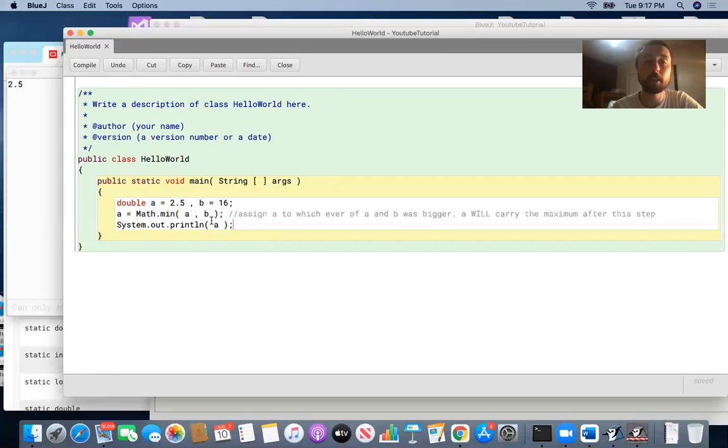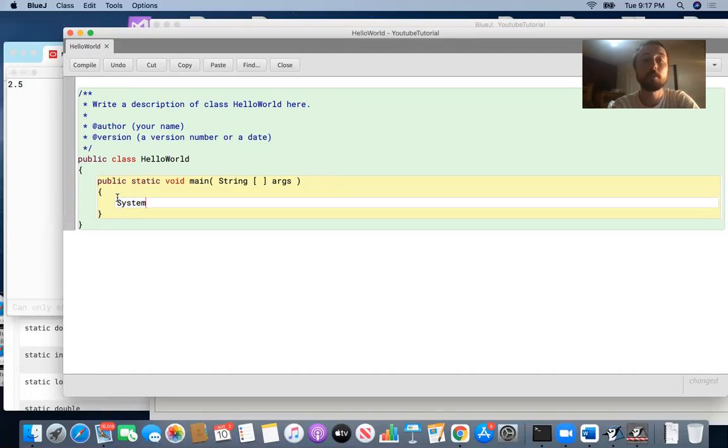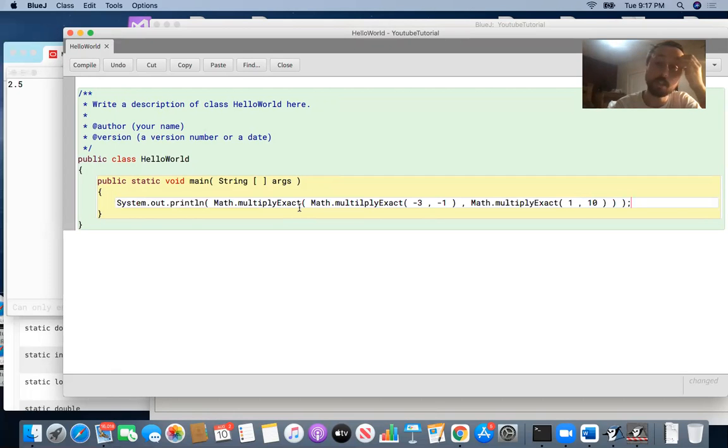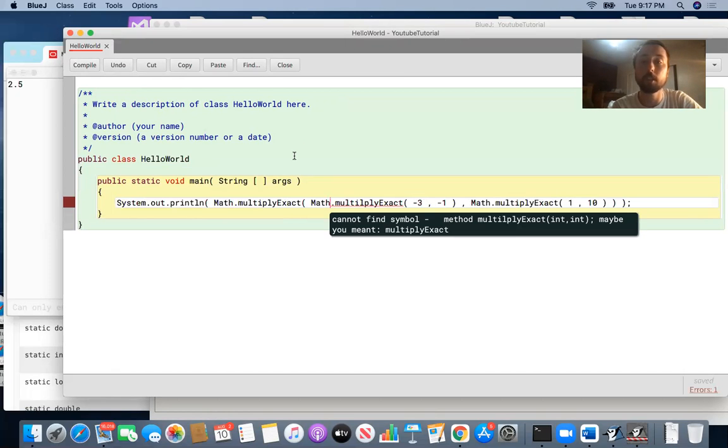Let's think about the multiply exacts. This is the same thing. So if you have System.out.println of Math.multiplyExact, let's try something a little bit more complicated here. Math.multiplyExact of -3 and -1, and Math.multiplyExact of 1 and 10. So then what will be the output of this code? Well, Math.multiplyExact of -3 and -1, it just multiplies those together, so we get 3. Math.multiplyExact of 1 and 10 should be 10. So that means that Math.multiplyExact of 3 and 10 should be 30. So it's just a fancy way of